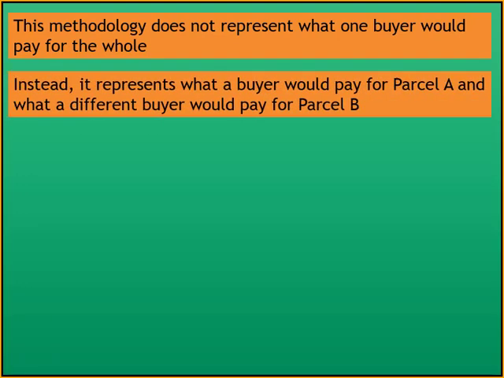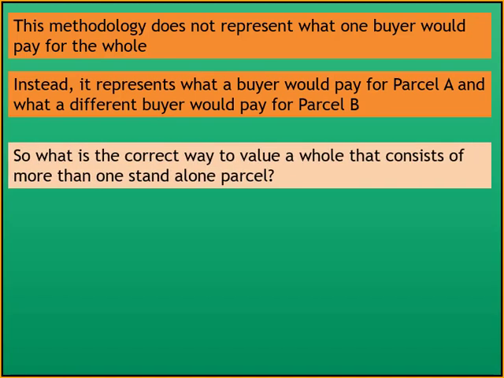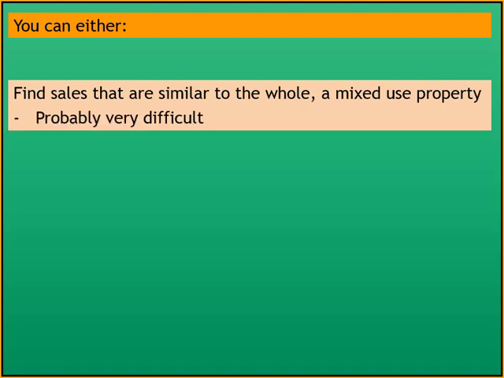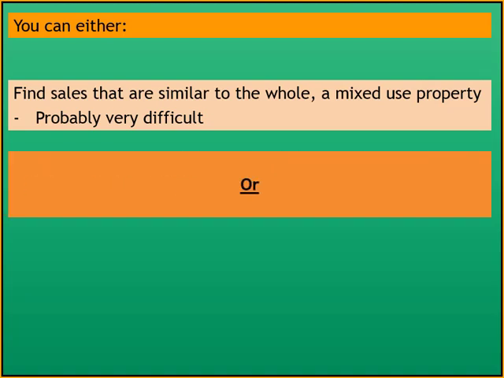Instead, it represents what a buyer would pay for A and what a different buyer would pay for B. So, what is the correct way to value the whole that consists of more than one standalone parcel? You can either find sales that are similar to the whole, which is a mixed-use property, and the reality of that is it's probably going to be difficult, or